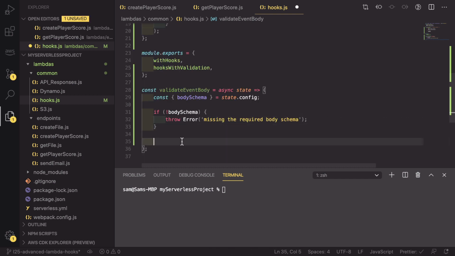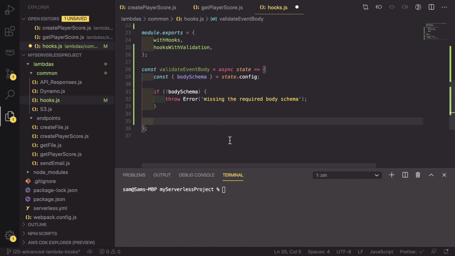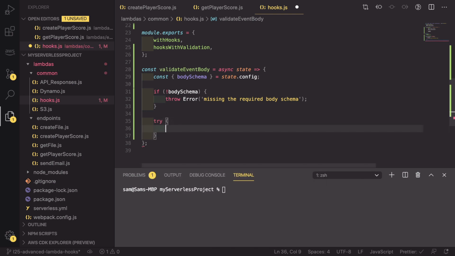If we've got past this point, we know that we have the body schema. So what we're going to do is we're going to validate it. Because we're using yup to create this schema, which I'll talk about in a little bit, we can use a try catch and then an await on a validate. So try. The first thing we need to do is get the event from the state. So const event equals state, and then await bodySchema dot